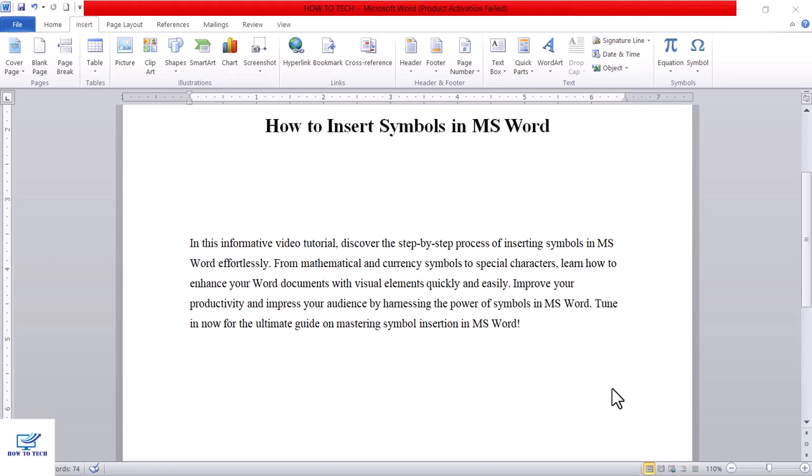Hello viewers, in this video you are going to learn how to insert symbols in MS Word. So to insert a symbol, first you have to go into the Insert tab. Click on the Insert tab, and here you can see the Symbol button. Click on this,